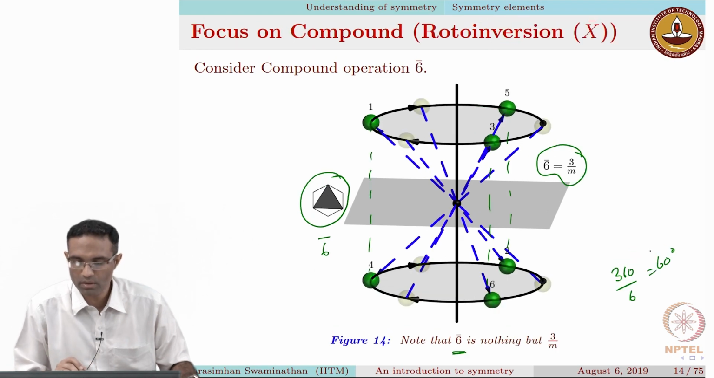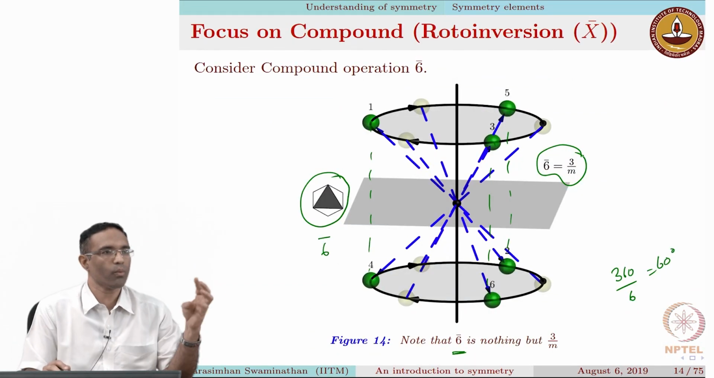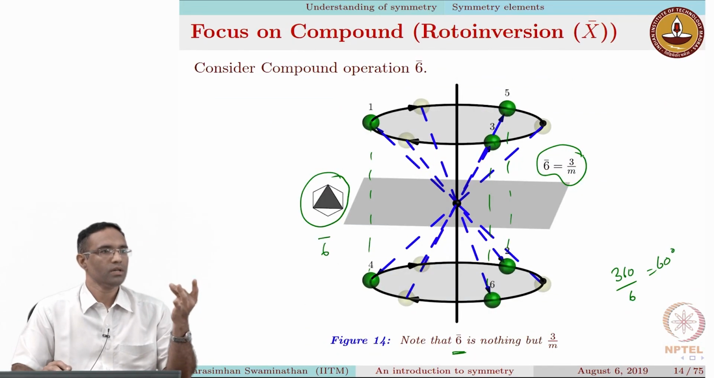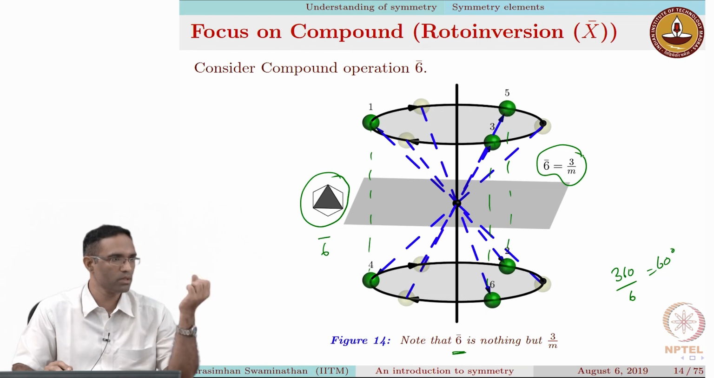3 bar, which one? So in this manner you can have different combinations, right? You have 1, 2, 3, 4 and 6 possible rotations. The order of rotations that is possible is 1, 2, 3, 4 and 6, and associated